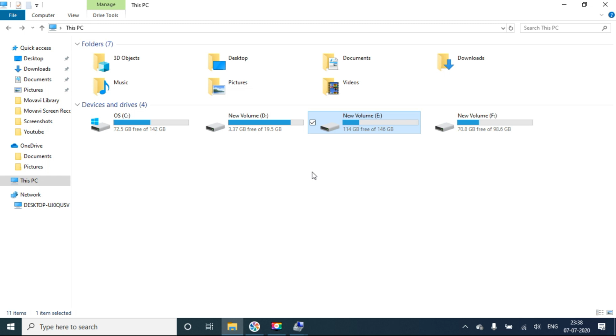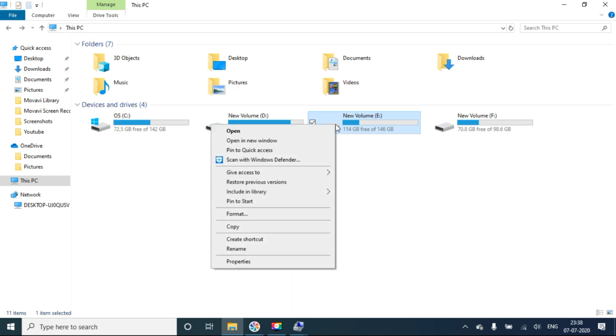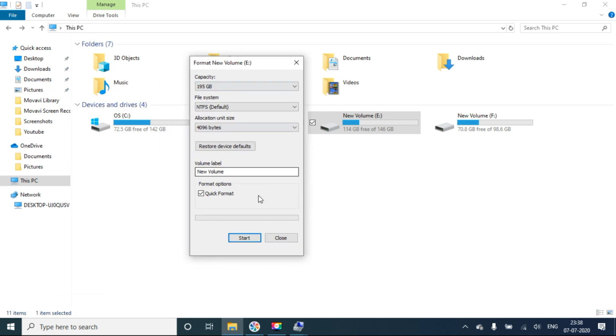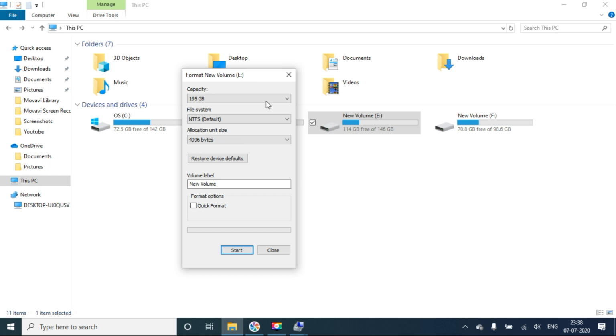Normally there are two types of format. If you right click on the drive, you can see the Format option. If you click on that, it shows Quick Format. If you remove that, it will do a slow format, meaning a full format. So what is quick format and what is slow format?